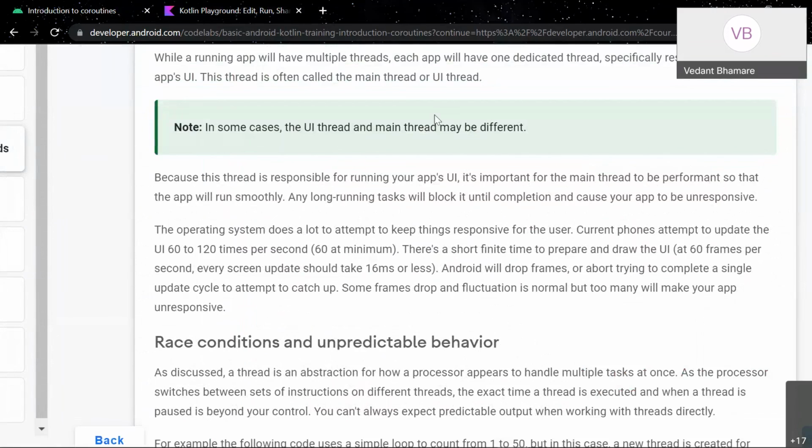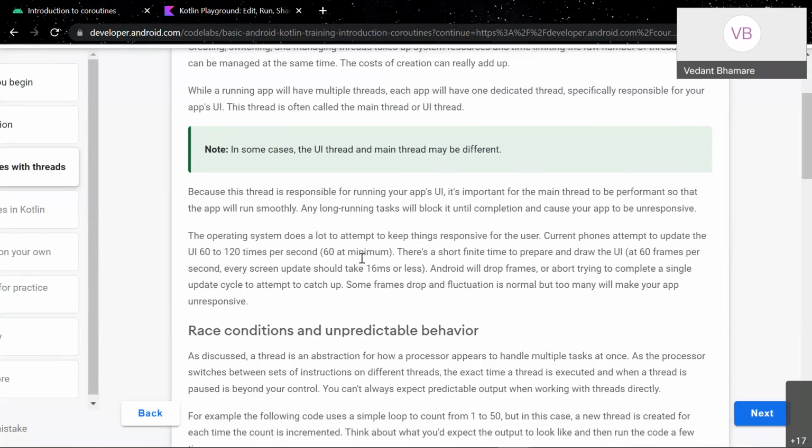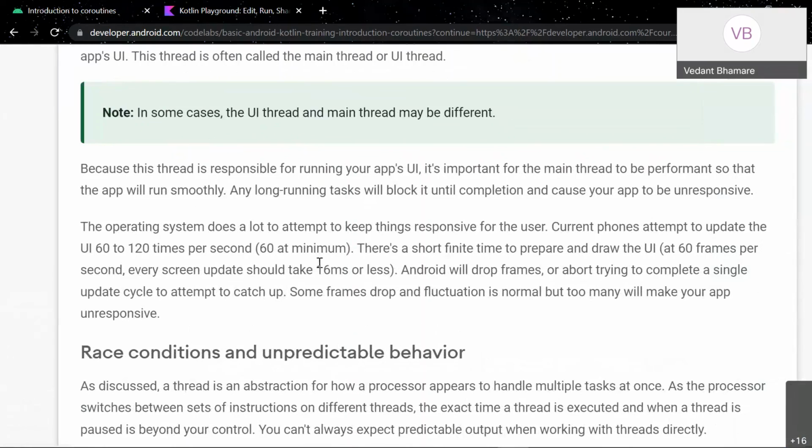So basically, your mobile generates each and every frame of your app. It keeps building the layout that you have defined. It keeps building the whole screen at this rate, basically 60 frames per second. So that is the FPS. It keeps updating, and one frame takes less than 16 milliseconds.